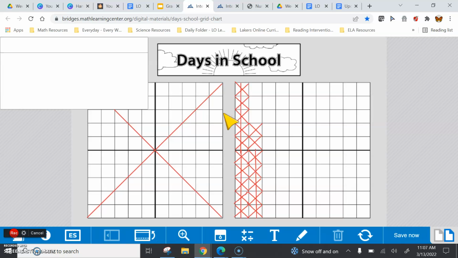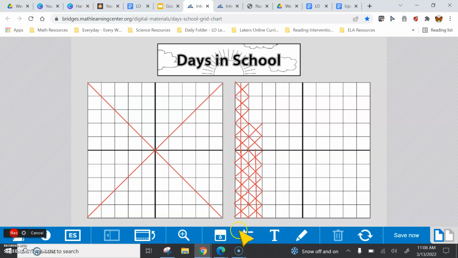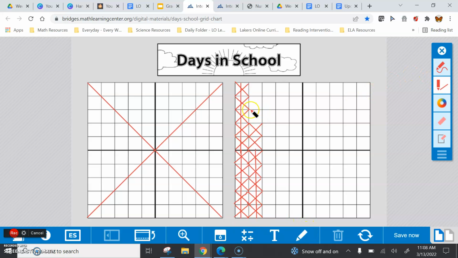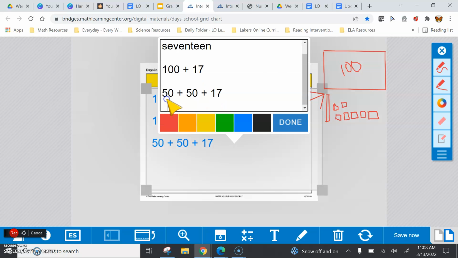We are now going to add on another day in school, which makes now 118 days that we have been in school. 118 days. And that means we change this information to 118,